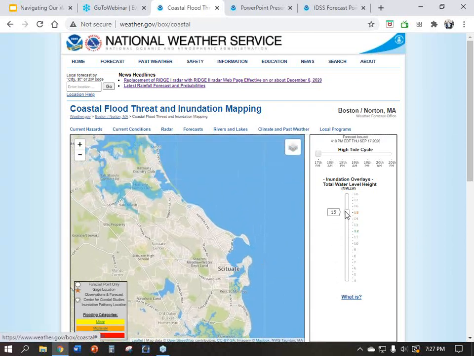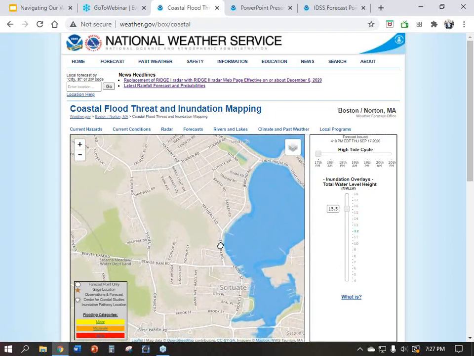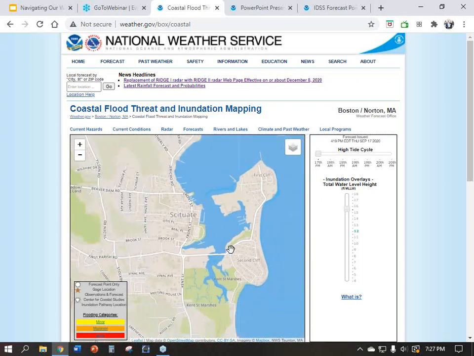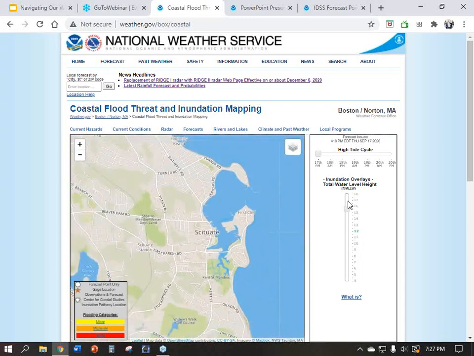It'll actually start to disappear a little bit as you go higher and higher. So by the time you go up, you can kind of see areas that would be inundated. This is around, say, Scituate Harbor. You can zoom in on your area. So when we provide a forecast, these are kind of reference maps that can be used to kind of